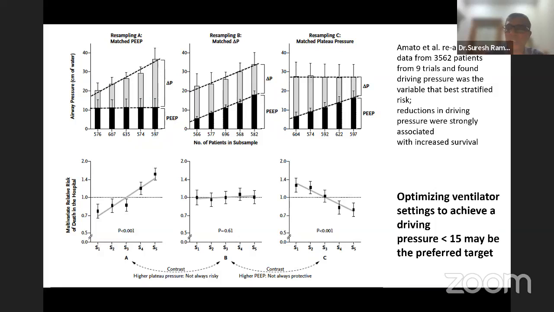So driving pressure is a euphemism. I won't say euphemism, it probably is too strong a word, but it is another way of looking at stress and strain. Instead of looking at plateau pressure and tidal volume, knowing that low tidal volume works, limiting plateau pressure to less than 30, which is adjusted to the ideal body weight, versus limiting tidal volume adjusted to the compliance of that particular lung, with a driving pressure less than 15, may be a better option. So this is the concept of protecting the lung from stress and strain by using an optimal driving pressure that we want to understand.